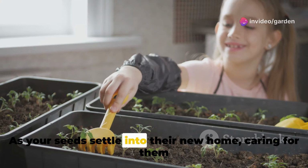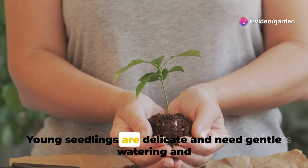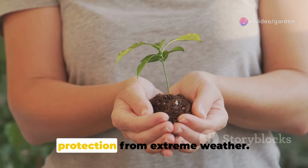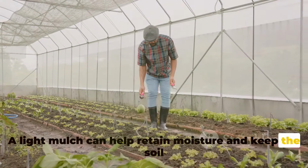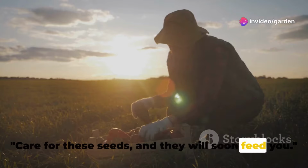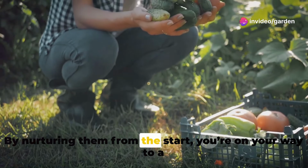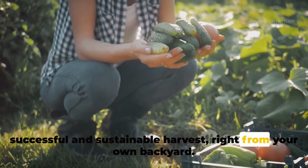As your seeds settle into their new home, caring for them becomes your next task. Young seedlings are delicate and need gentle watering and protection from extreme weather. A light mulch can help retain moisture and keep the soil temperature stable. Care for these seeds and they will soon feed you. By nurturing them from the start, you're on your way to a successful and sustainable harvest right from your own